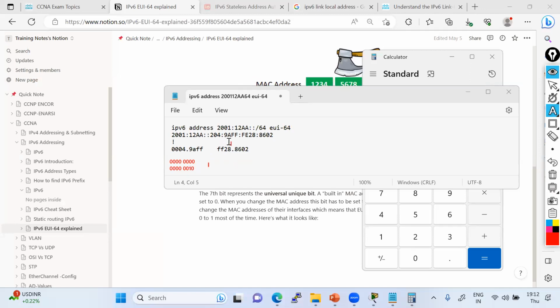And after that, this becomes the number 204, and this is the actual number. So this 4 is going to remain 4. And if you convert this one, it is going to give you a number like 2, right?